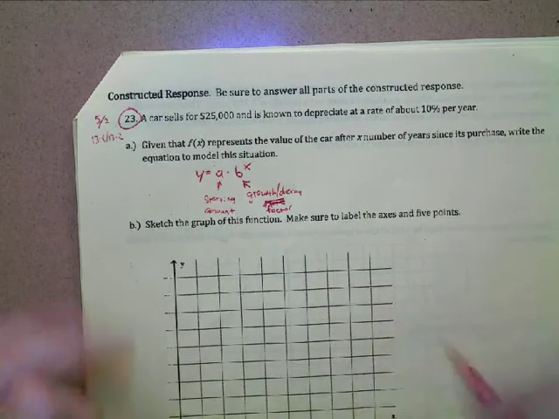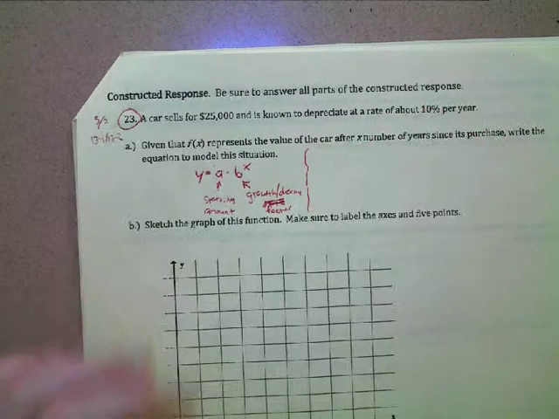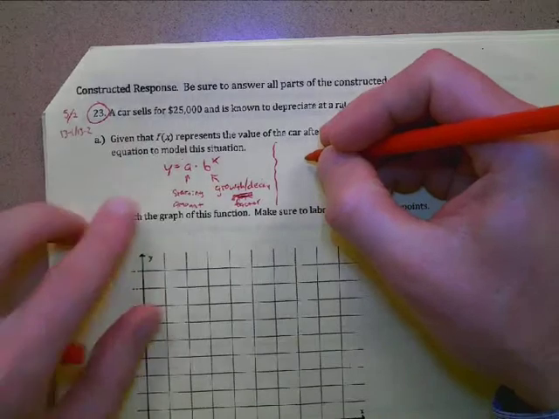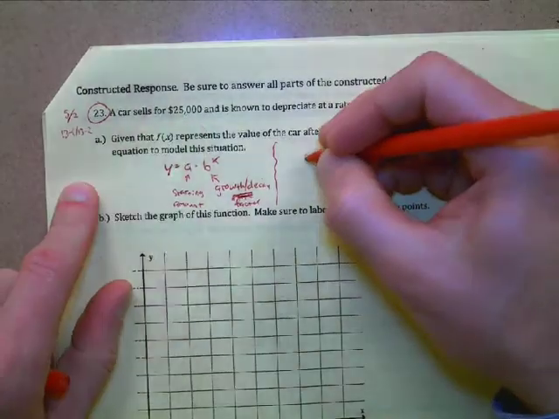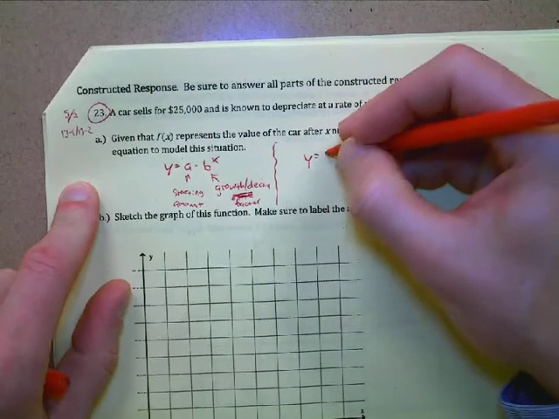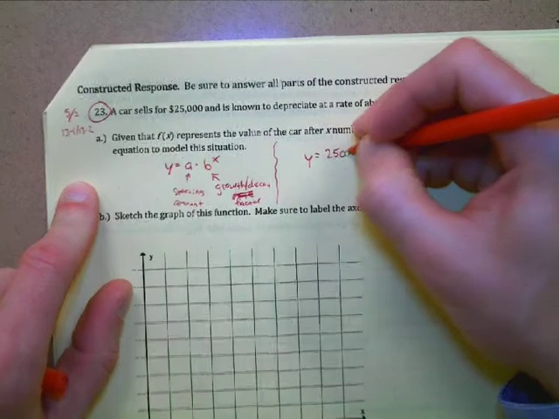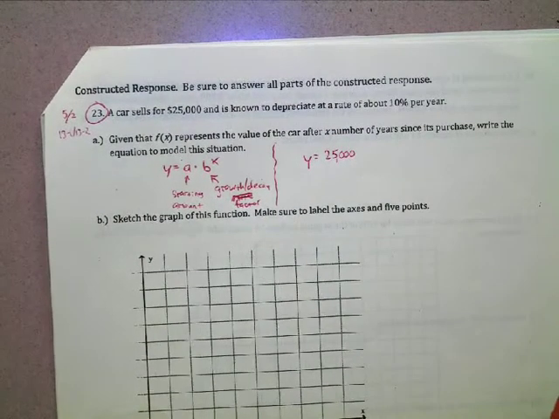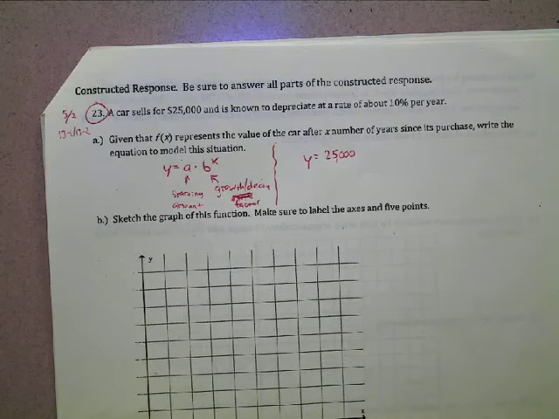So, in our situation here, what is A going to be? What value is A going to be? 25,000, right? Okay, that's what the car sells for, 25,000. That's its initial value, right? Its value is determined by the price someone was willing to pay for it, right? And then for B,